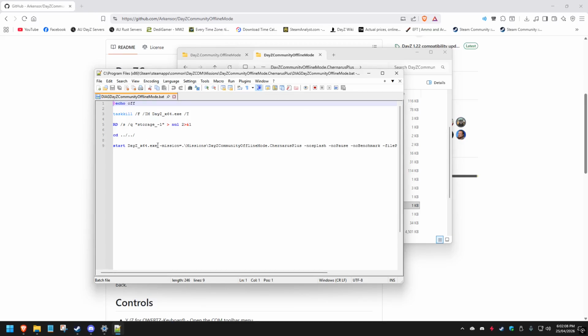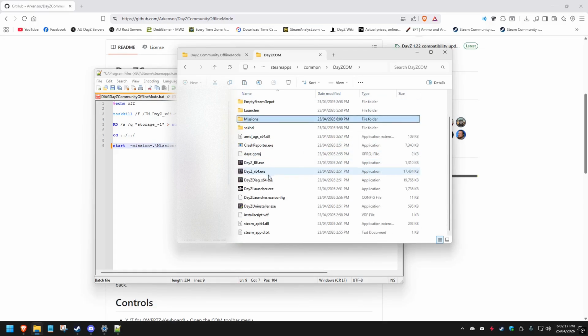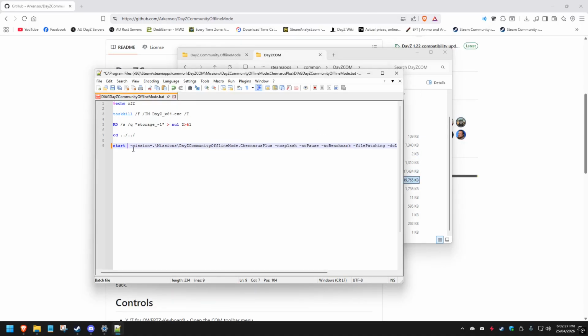So next up, what you want to do is remove here DayZ.x64.exe, which is the regular DayZ executable. If you go back to your DayZ folder, the best way to do it, and spell it correctly, is just to copy the file name here. If you click on it and then click on it again, like this, or you can right click on it, rename, copy this, paste it into here, and you also just want to replace this and paste it into here